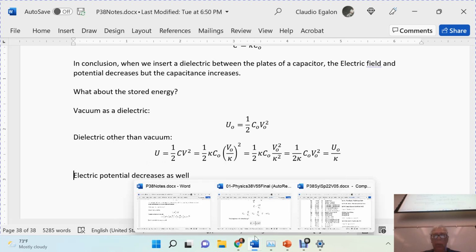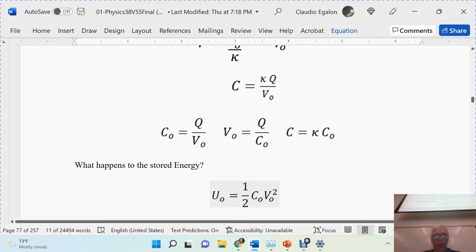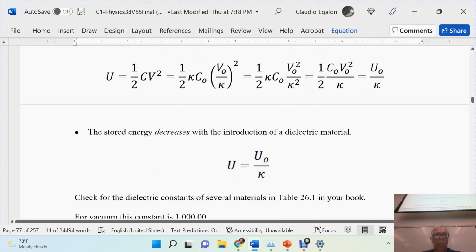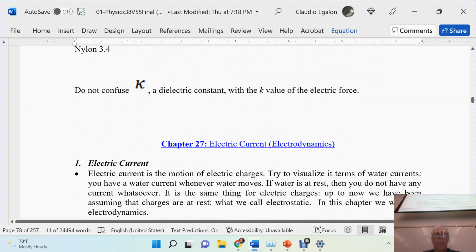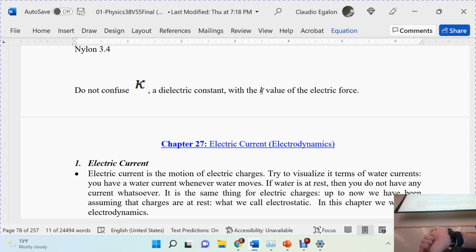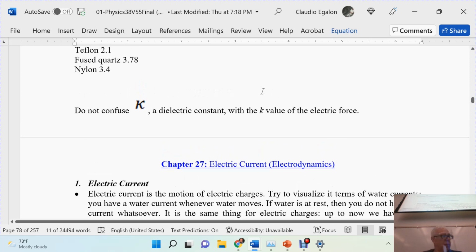Anything else that we can do? Notes. Final. Stored energy. Do not confuse, do not mix up this kappa, the dielectric constant, with K, the constant of the electric force. So it's 633 right now. And yeah, I think we can